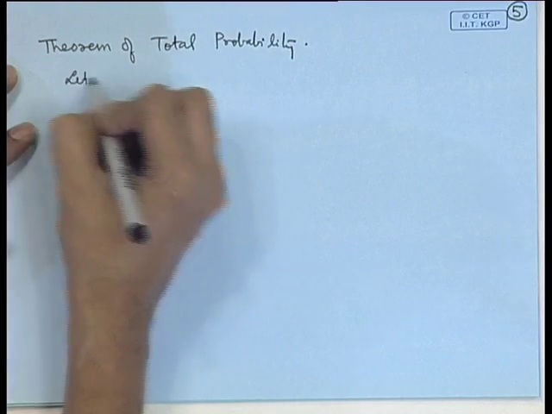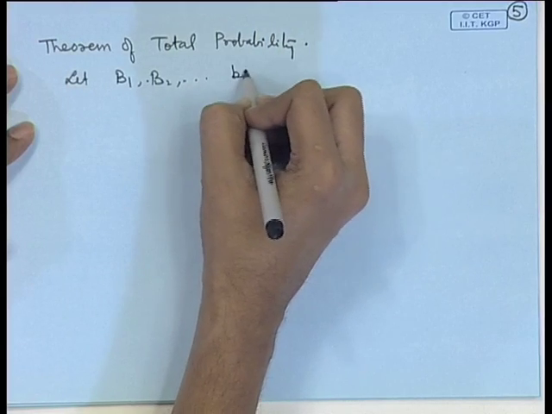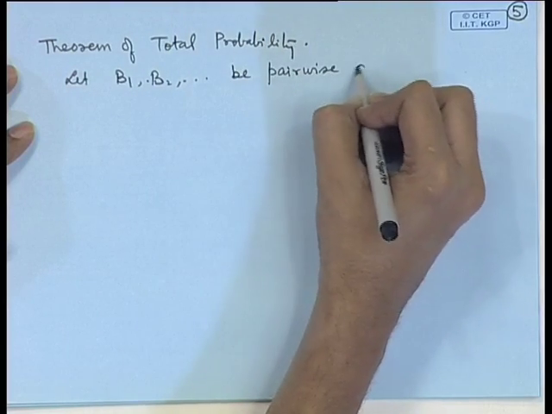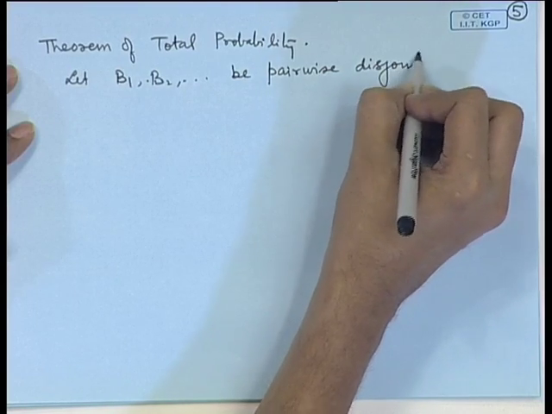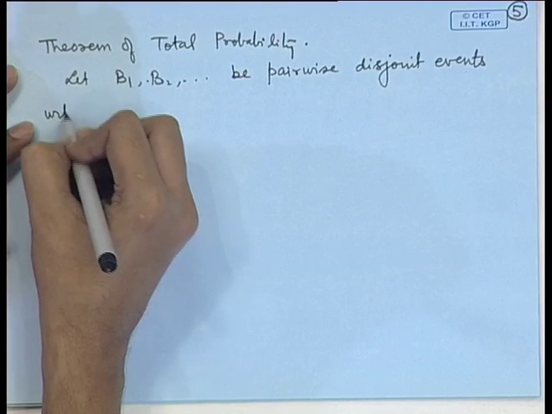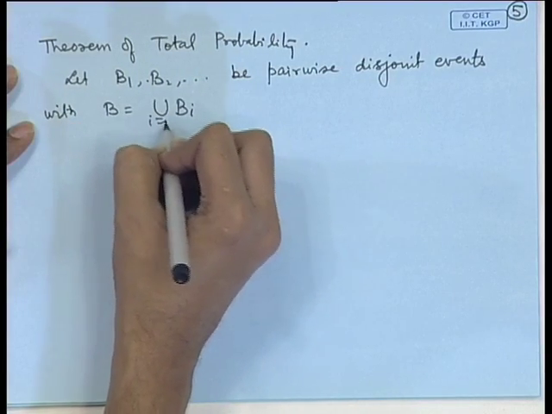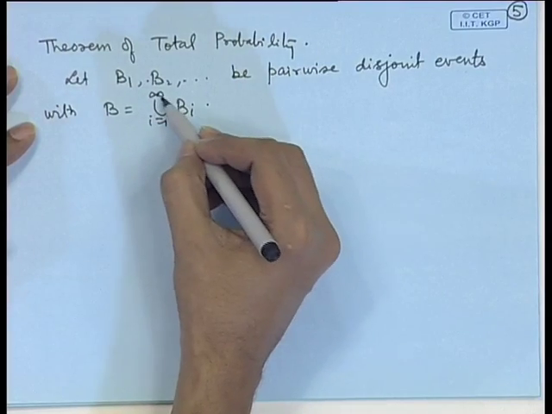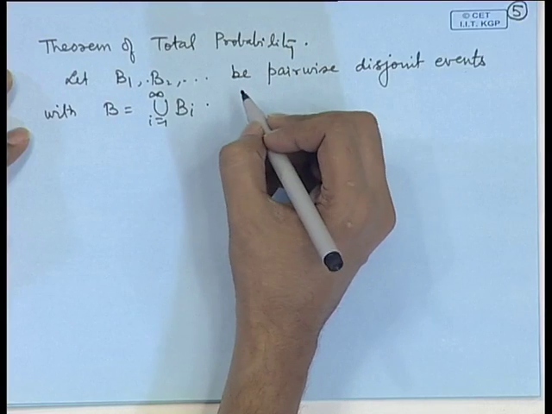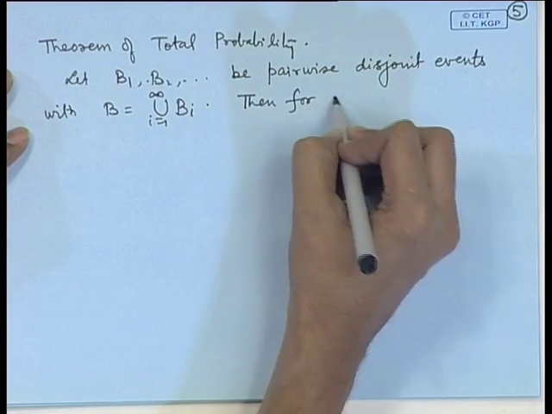So, let B 1, B 2 etcetera be pairwise disjoint, that means mutually exclusive events, with B equal to the union of B i, i equal to 1 to infinity. Here it could be a finite union also, it will not make any difference to the actual statement of the theorem. Then for any event A,